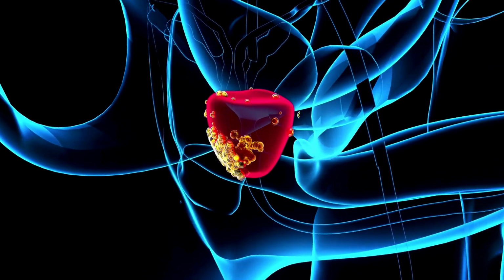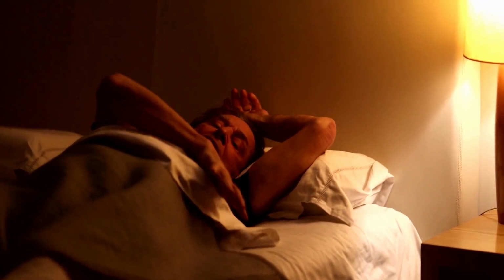Prostate cancer. Who would have known that one little gland could cause such big problems? If you know, you know. Waking up during the night to pee, having trouble peeing, or feeling pain or burning when you do. Most of these symptoms are caused from a swollen prostate and can be extremely uncomfortable and frustrating, to say the